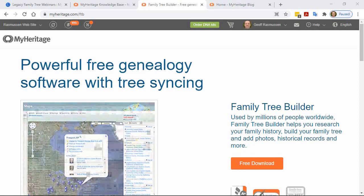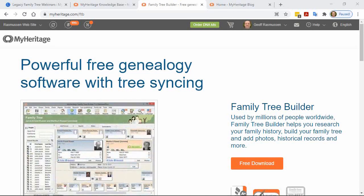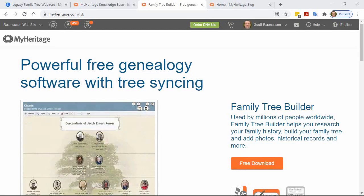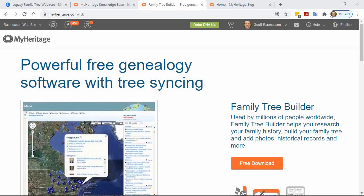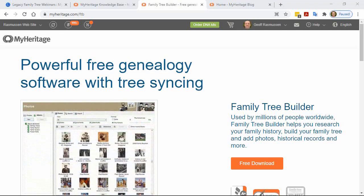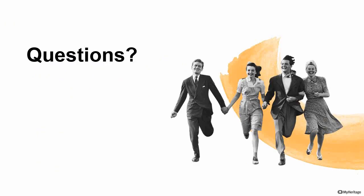Thank you. Rita says, besides the knowledge base, what is or is not available for a registered user without any paid subscription? Well, again, the knowledge base, the blog, you don't need registration for that. You will need a registration to start building your family tree. You will get matches. You can put up to 250 individuals in your